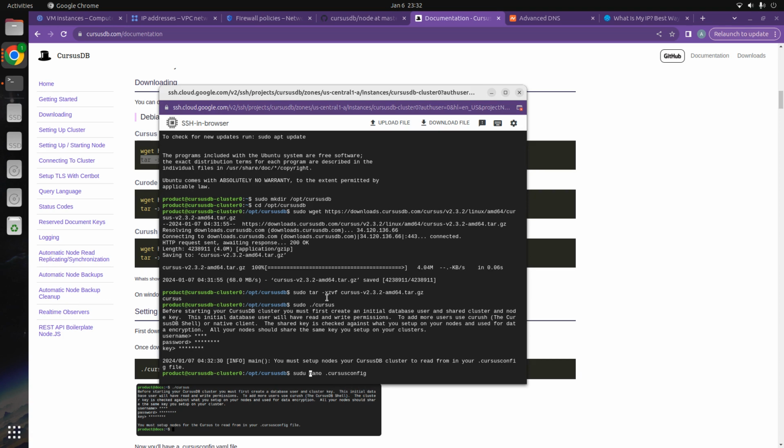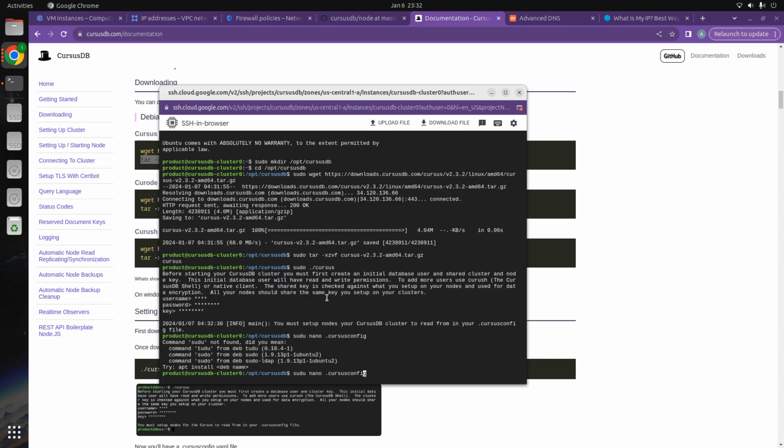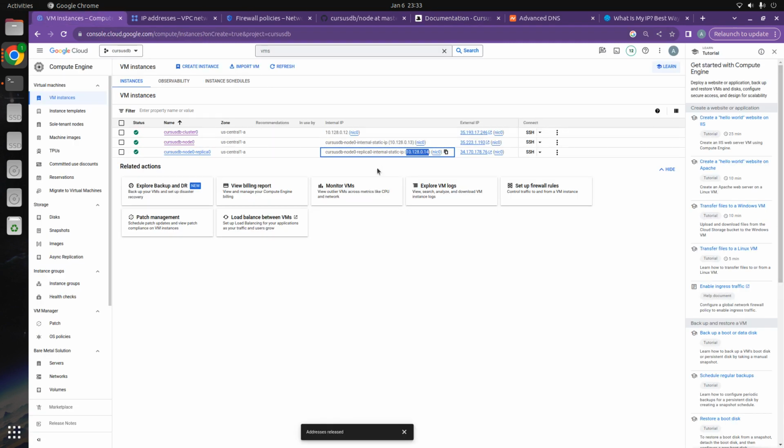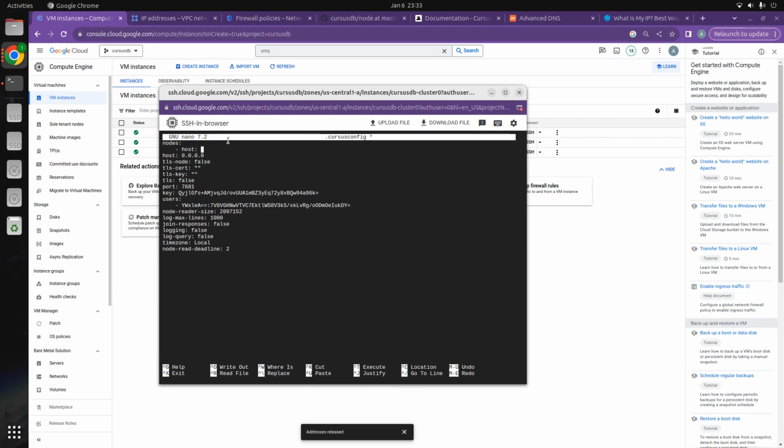Sudo nano cursus config. Let's set this up. Under nodes, we'll do host. And we have our main node, right? So right here, node 0, we'll just copy that IP address, which is internal. We'll paste it, and we'll say that this is at port 7681, or sorry,